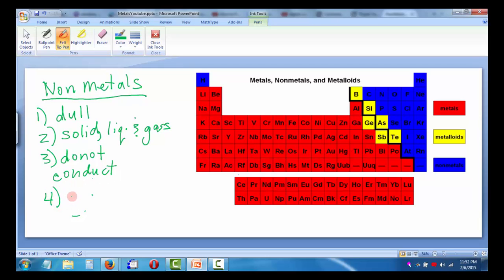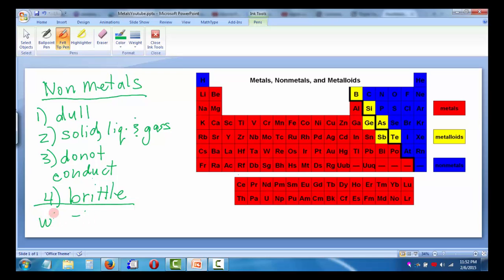And whereas a metal was malleable, if you hit or strike a non-metal, it's usually going to break, and we can say a non-metal is brittle. Okay? So, in reference to the periodic table,